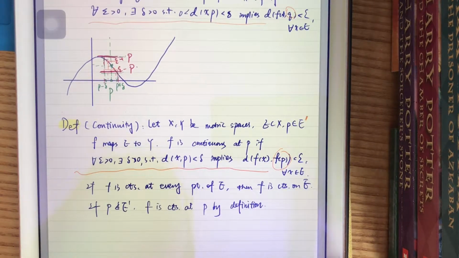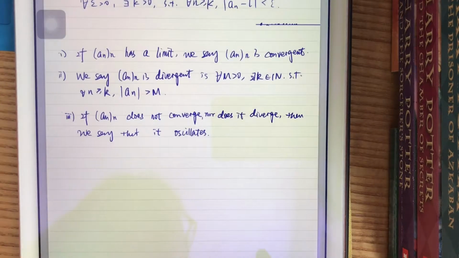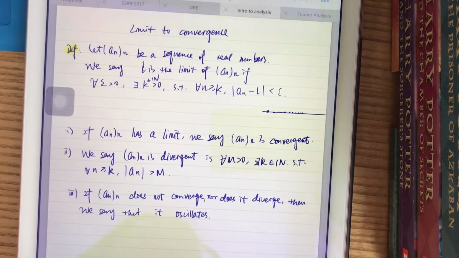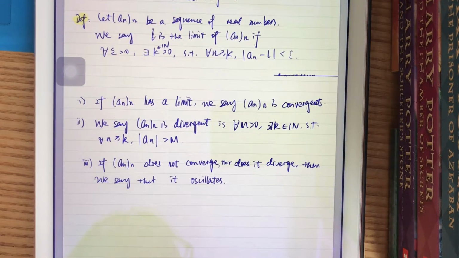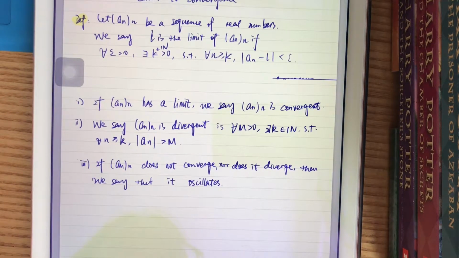So the next part is I want to introduce limit and convergence. Now we transfer the setting from a function to the setting of a sequence of real numbers. Suppose we have a sequence of real numbers a_n. How are we going to define the limit of a sequence? We say that L is the limit of a_n if